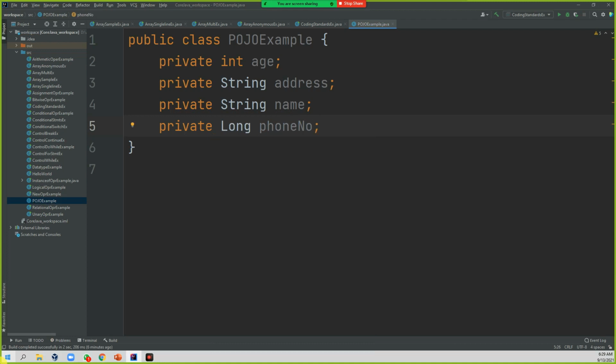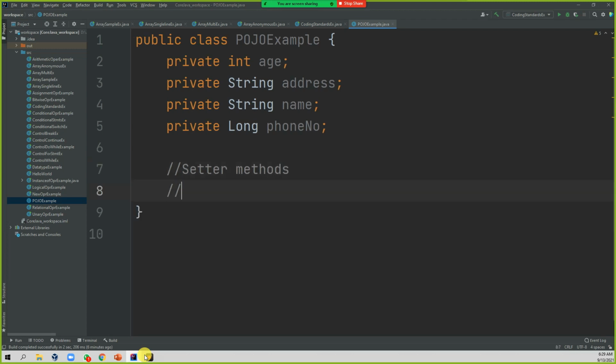Let's say I have four variables. So for these variables, how can you write the POJO? The POJO will have setter methods and getter methods.